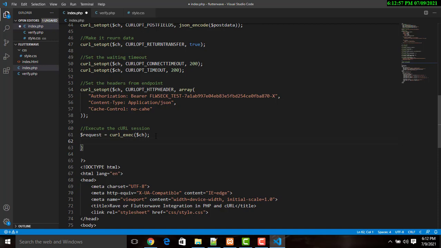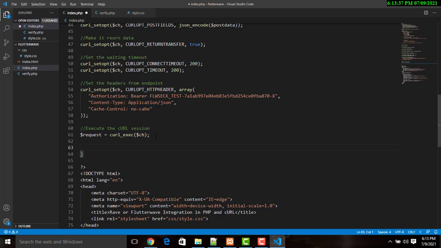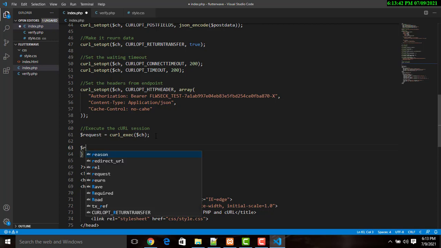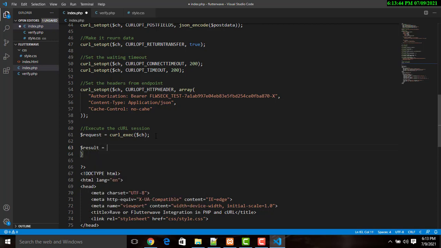The next thing we're going to do right now is to test this application. To test this application, the first thing I want to do is to convert it to something like an object, and to do that is really very simple. Let's create a variable right here that we're going to call result. So let's call this result, and we're going to set the result to be equal to JSON